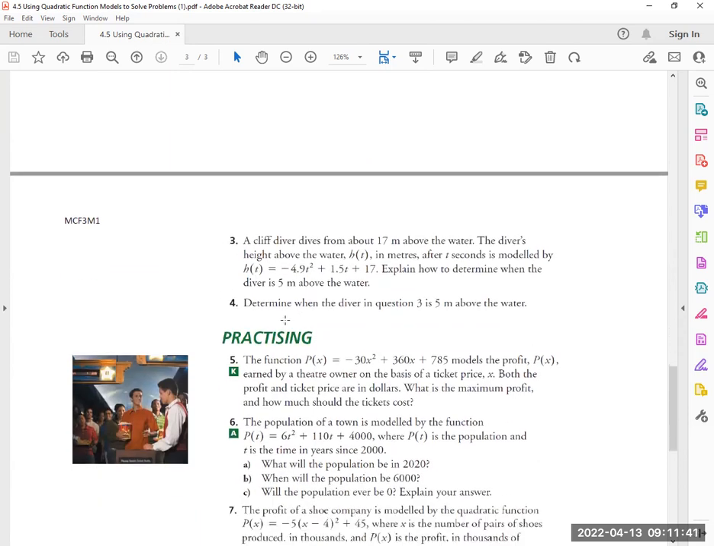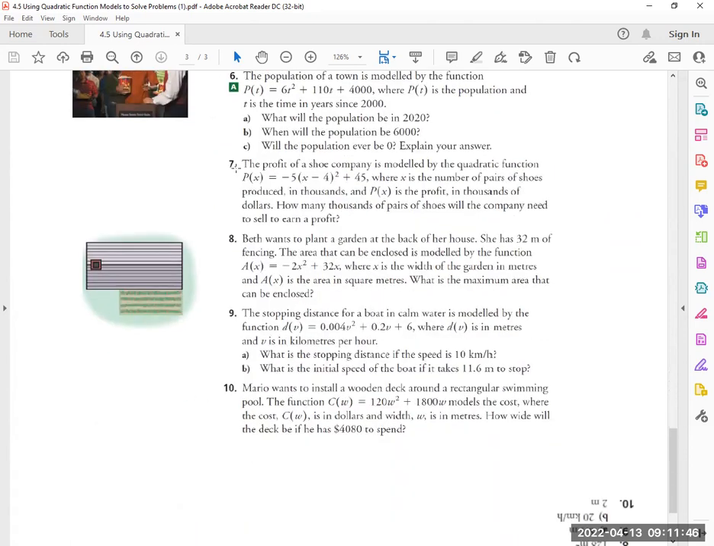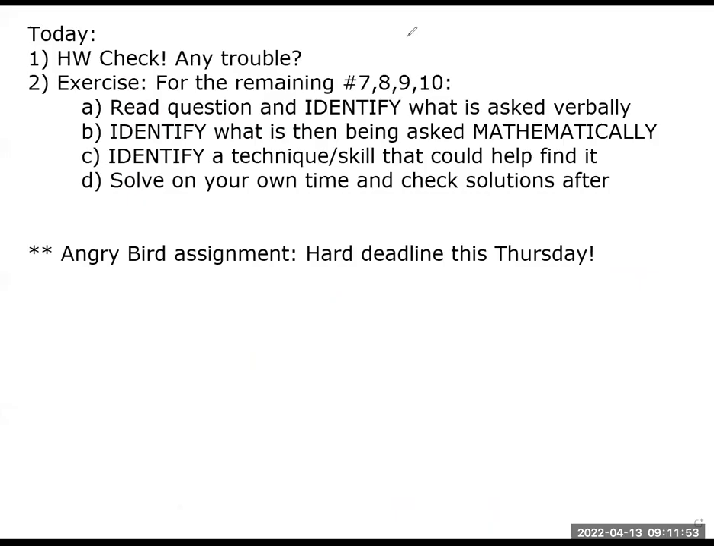Instead of getting you to solve all of these, I'm actually going to get you to start from number 3 all the way to 10 and see if you can identify what you're supposed to do. So identify what they're asking for, and then see if you can identify what that means mathematically so that you can choose a technique that might help you. If you can do that,